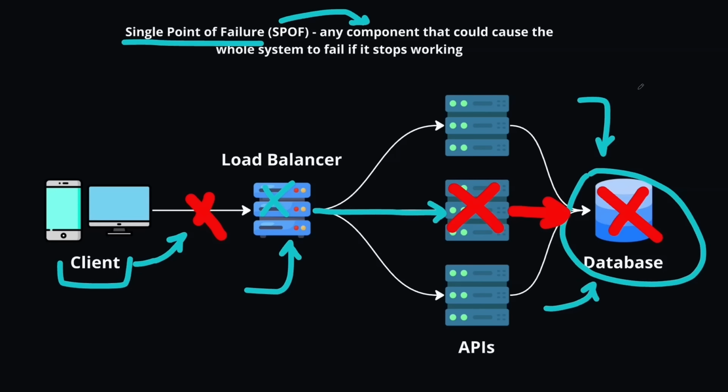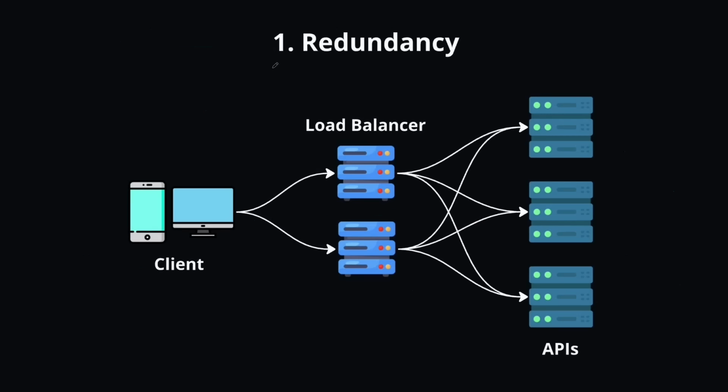We will talk about how to avoid the database single points of failure in the databases section, but in this section we can have a look at how to avoid the load balancers becoming a single point of failure, because right now we have only one load balancer set up, and if this load balancer goes down, then all of our users won't be able to access this point, and they will also not be able to access our APIs. The first strategy is adding